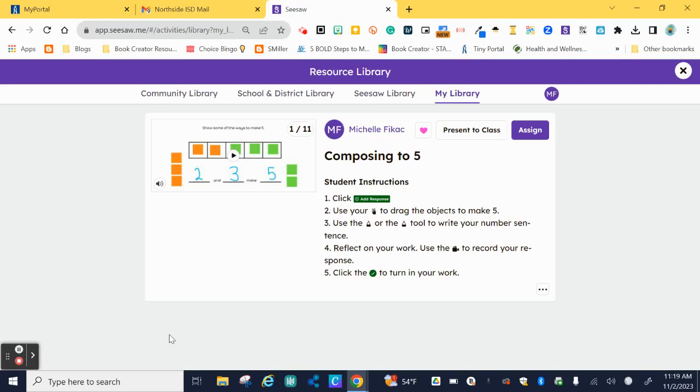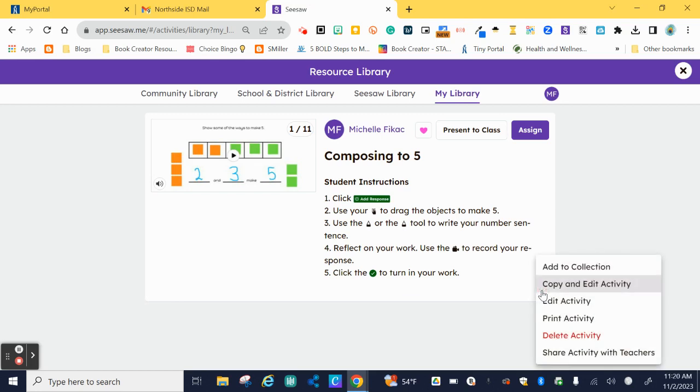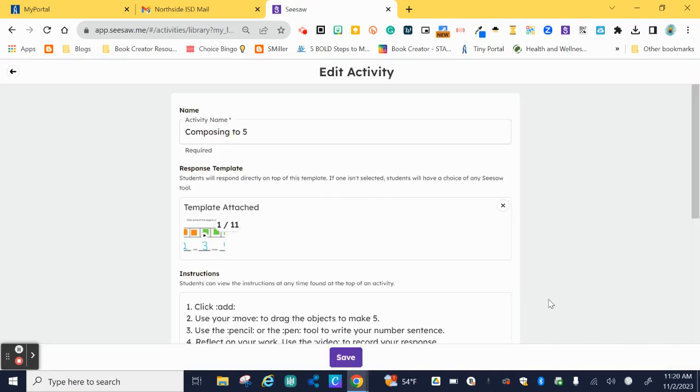A great way to hold students accountable and to extend their thinking is to add a layer of reflection to any of the stations that they complete, whether that be online or offline. So I'm going to start by showing you, I have a lesson that I've already created for my students, but I'm going to go down here and I'm going to edit this activity because I want to add a reflection